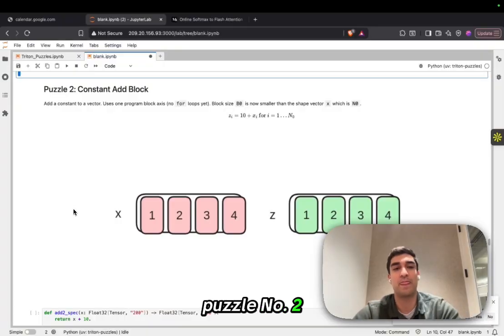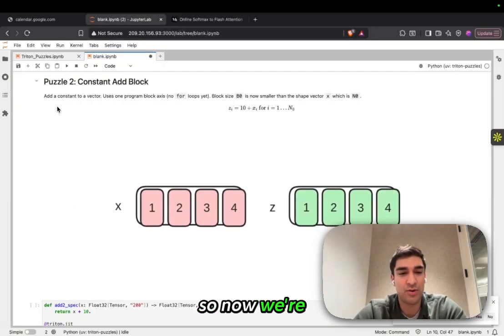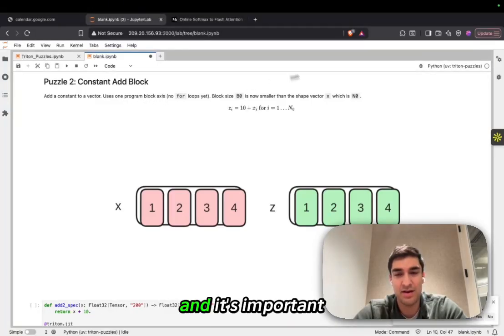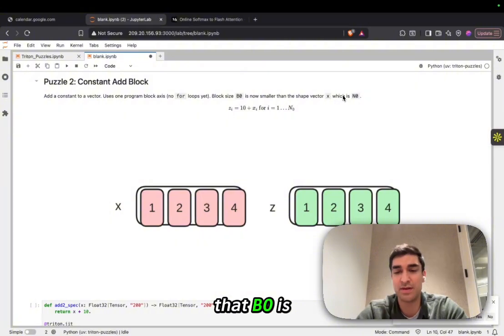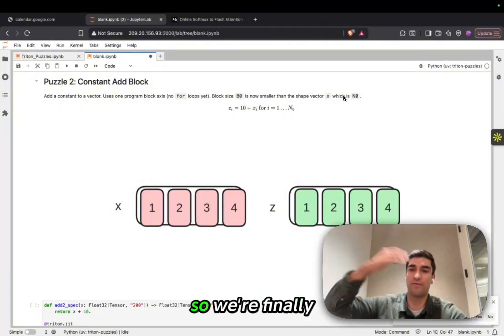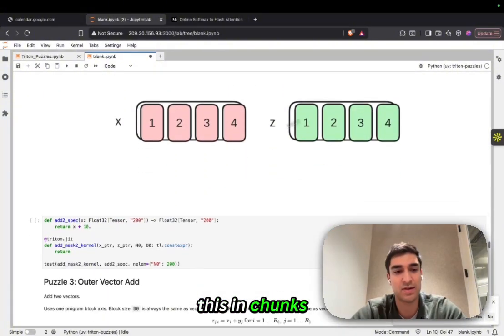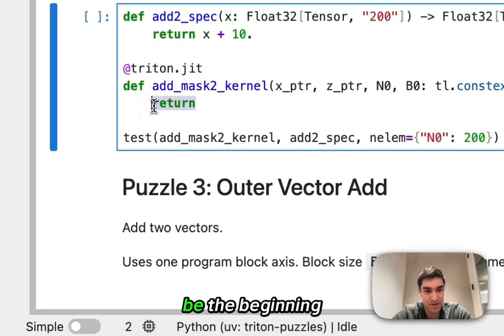Puzzle number 2. So now we're going to be adding a constant to a vector. We're going to use one program block axis. And it's important to note that B0 is now not equal to N0. So we're finally having to process this in chunks. And so this is going to be the beginning of